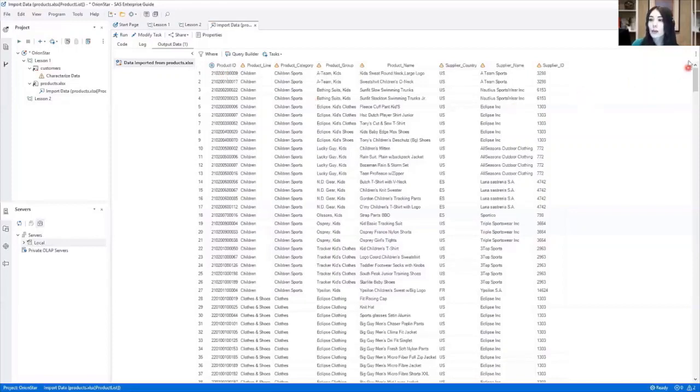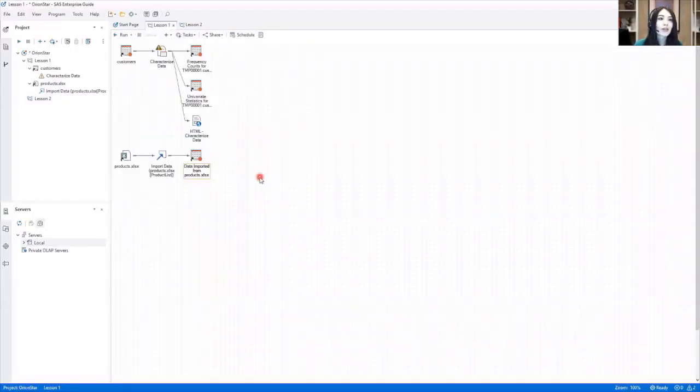I'm going to go ahead and go back to More Options and go back to Show Names, but just know that you have that option available to you. That is it for my importing. So I'm going to go ahead and close this Import Data tab and take a look at my Lesson 1